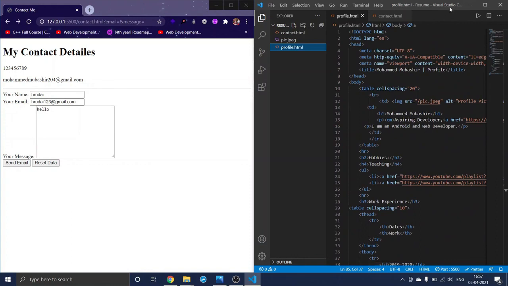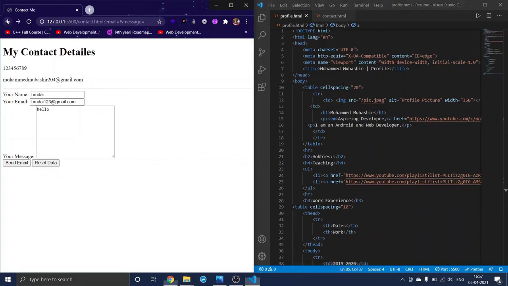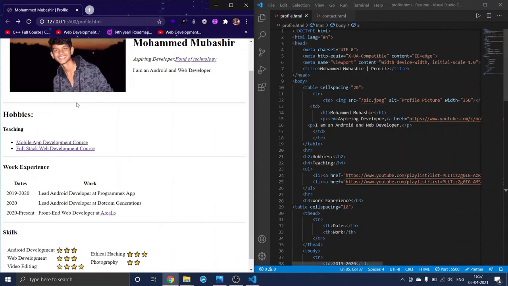So let me tell you what we did. So first we gave the title here, and after that, so that a photo and some text should be beside, we made a table with the cell spacing of 20, so that we got spacing here. And in the first row we gave our image, and in another column we gave our name and something about us like a bio, and again we gave a line here.